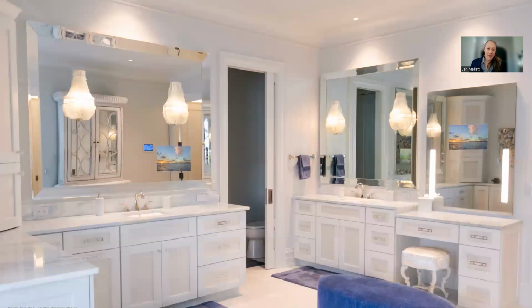Here's another example of a beautiful room where, when you look within these mirrors, you'll see that there are televisions within the mirror. And that is absolutely possible with early design, understanding how they use the space, and then determining, okay, what size screen will that particular client want? These mirrors are custom made. And the size of the screen behind them are custom made. Beyond just screens behind mirrors, you can even put clocks, other things like digital clocks that are there. So there's a variety of different things you can do within rooms like this as part of that design